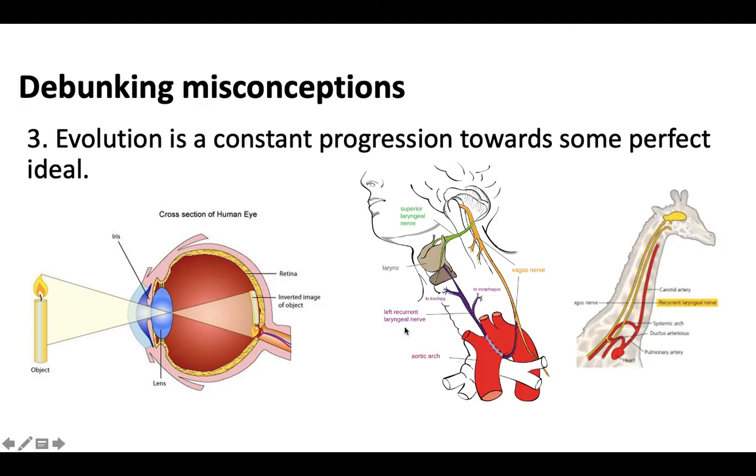Another example is the left recurrent laryngeal nerve, which goes down your neck, and it actually loops around the aorta of your heart, which is a waste of space. Why doesn't it just cut across right here? That may not seem like a big deal, but in a giraffe, that results in an extra loop, this yellow loop here, which ends up being about 14 feet of wasted nervous tissue, that energy could be used somewhere else. So evolution is not perfect. It is imperfect. And these mutations are random, right? They arise, and whatever is more fit will survive. It doesn't mean it's the most fit it could possibly be.